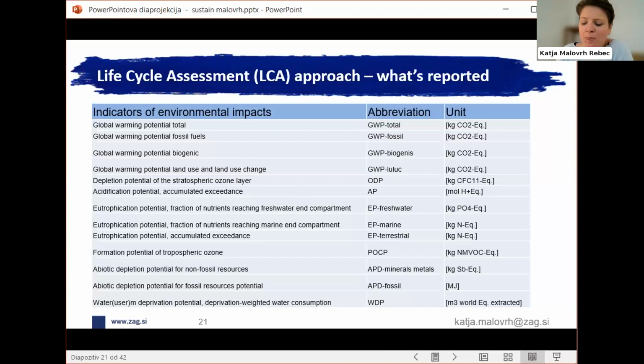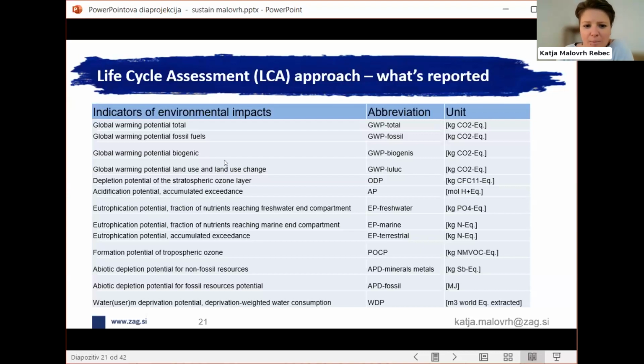So we kind of say that when the trees are growing, they suck the CO2 out of the air, and then it's stored biogenically. And that's why we see that as a material that might be environmentally, let's say,